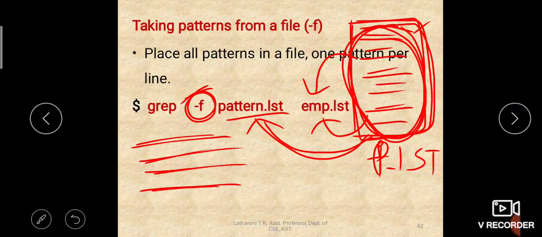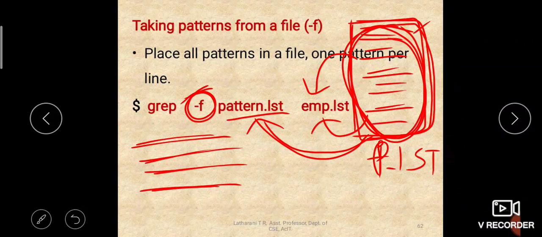Is that clear? So these are all the important grep options. For grep, the question may be to explain the grep options separately. Then you have to give all these options, their explanations, and the respective examples, their outputs, and an explanation of the output. Everything is necessary.